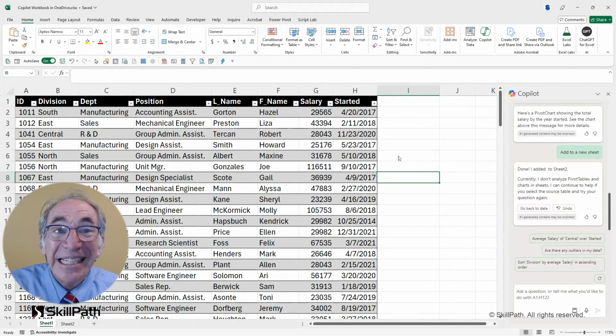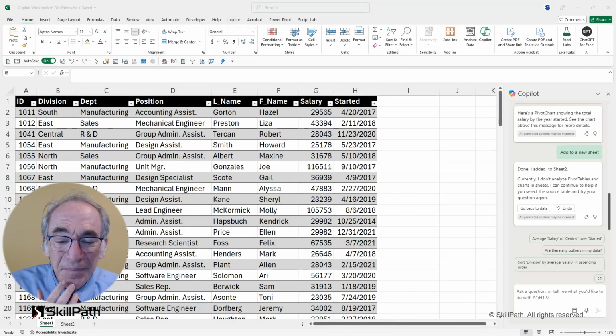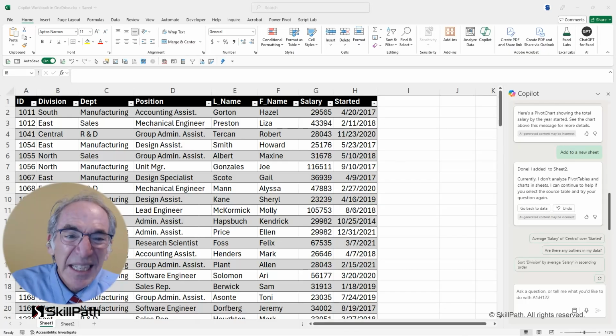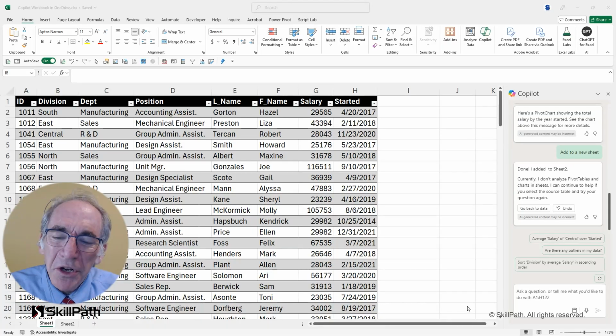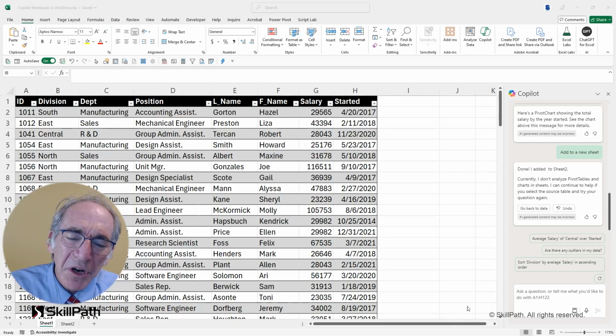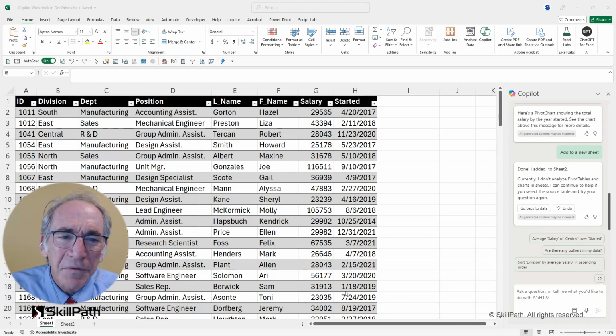I get to consider other things that I might want to do with that table of mine. For example, let me talk about that column that says Started, because my thought is this. Maybe I want to know if that's their start date. Well, how long has the person worked for the organization? I need a new column for that.